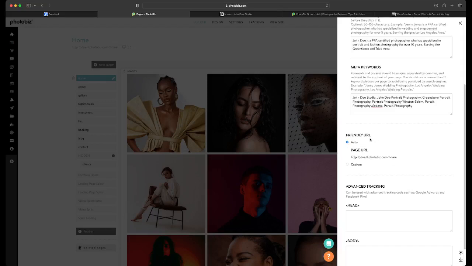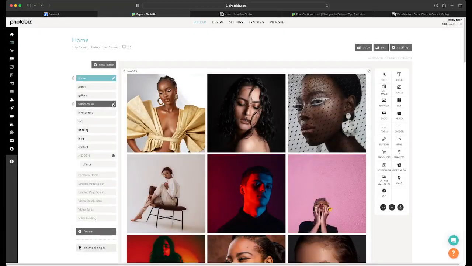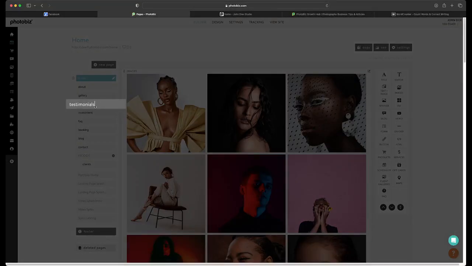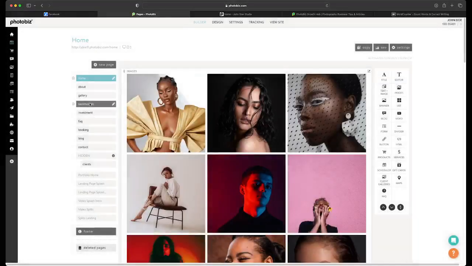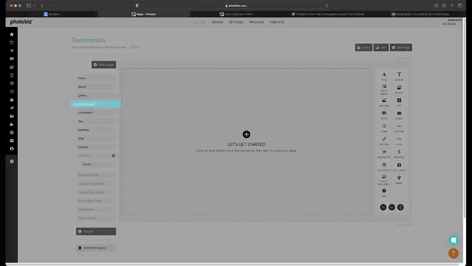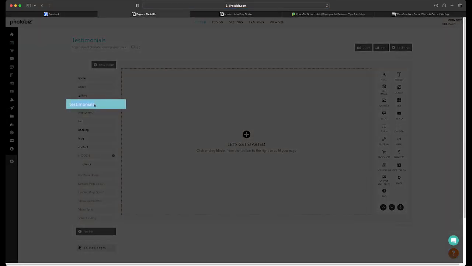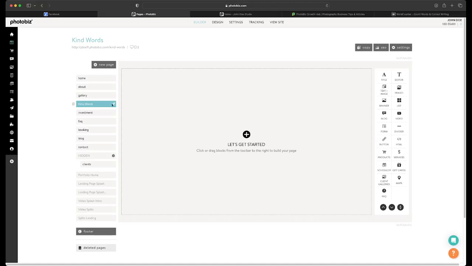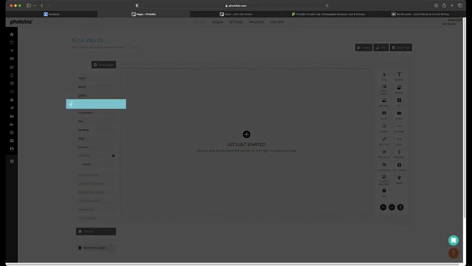Maybe you want to create friendly URLs. That's something you can do as well. So maybe if you had a page down the line, some people like to say things like kind words or something like that. But maybe if you wanted to change this to, not just be like, well, I want people to find me. Well, kind words kind of doesn't mean anything to anyone else except for you, right? So if I have just kind words,